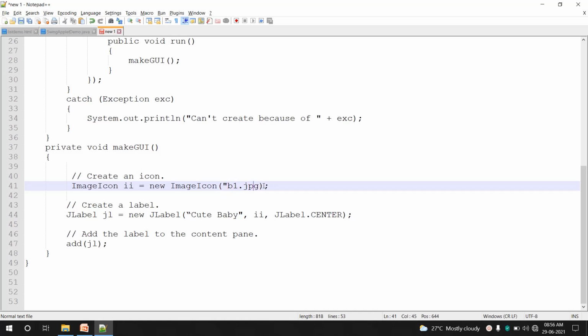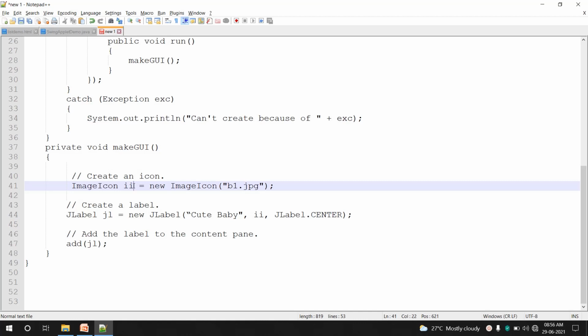The file name here is b1.jpg. Only the name of the file is specified, not the complete path. That simply means this b1.jpg and your Java file are in the same directory. Only in that case can you provide only the file name. Otherwise you have to provide a complete path name.